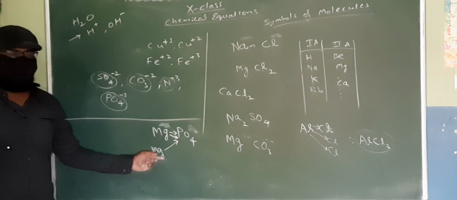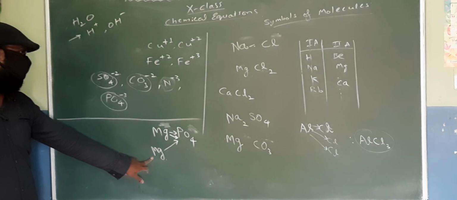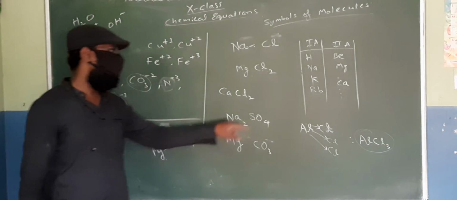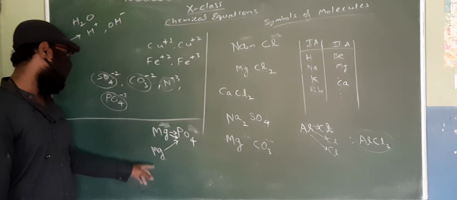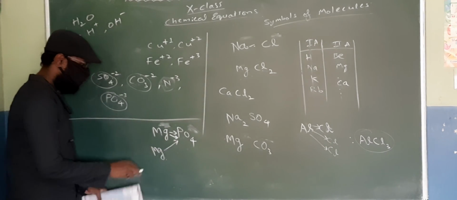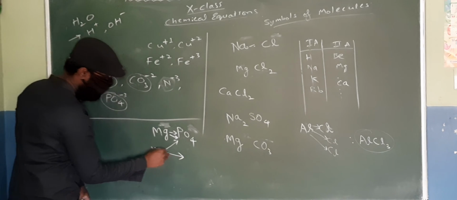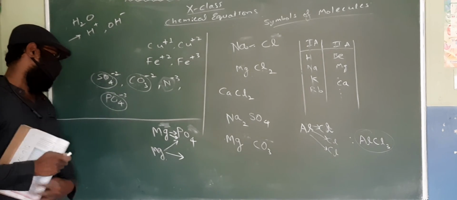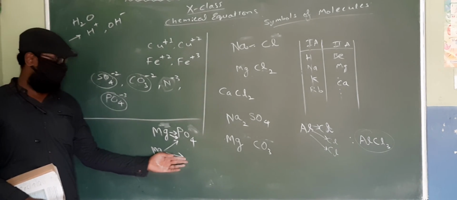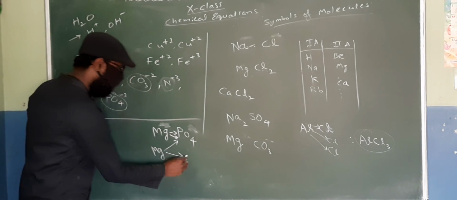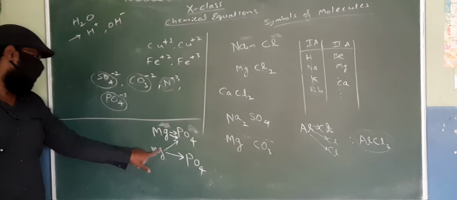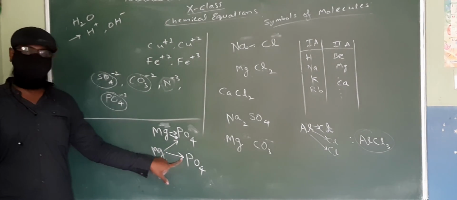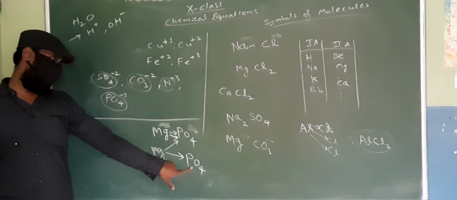Now is this magnesium happy? It's not happy because magnesium, as I told you, belongs to group 2A. Magnesium wants to lose 2 electrons. It is not happy losing 1 electron. So actually what will happen? The magnesium wants to lose 1 more electron. So who will be there to take that electron? Therefore what has to happen? Another phosphate will come here. Now is this magnesium happy? See here, the magnesium has given 2 electrons. It is happy. But is the phosphate happy now?